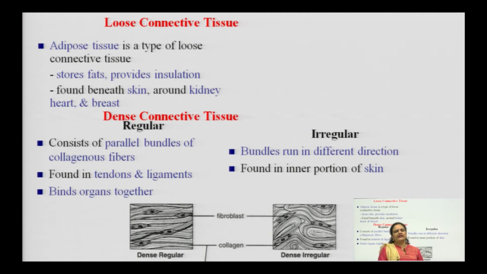Again, the loose connective tissue in continuation. Here the example is adipose tissue. It is a type of loose connective tissue. What is the function of adipose tissue? It stores fat and provides insulation to the body. It is found beneath the skin, around the kidney, the cardiac smooth muscle cells, and in the